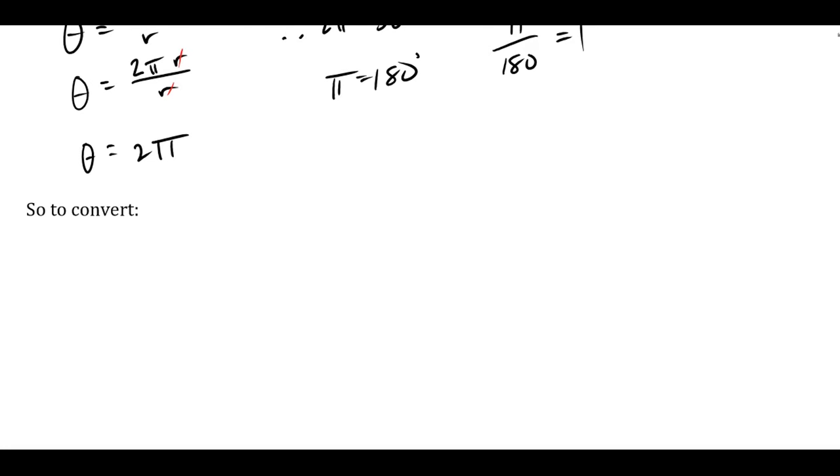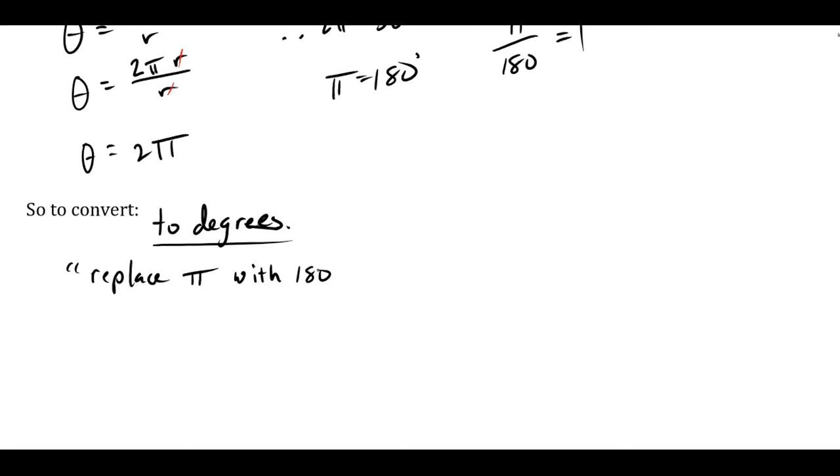Okay, so let's go to degrees first. How do we convert to degrees? The easy way, which is kind of skipping a step, is to replace pi with 180. So when we do that, we are actually cheating a little bit, but it's an easy way to remember how to convert to degrees if you had to for some reason. So for example,